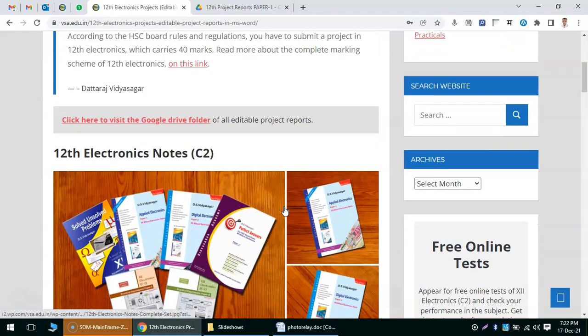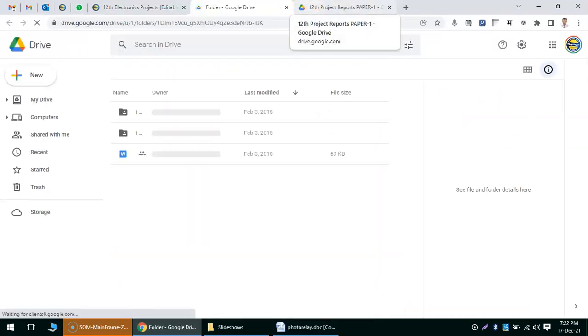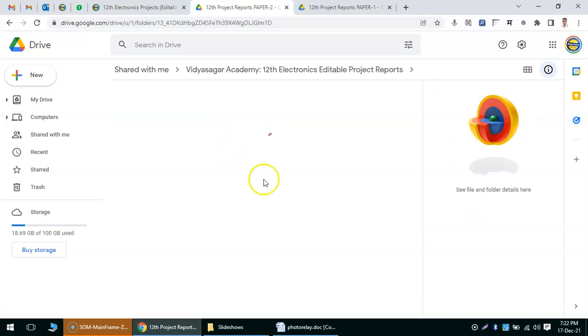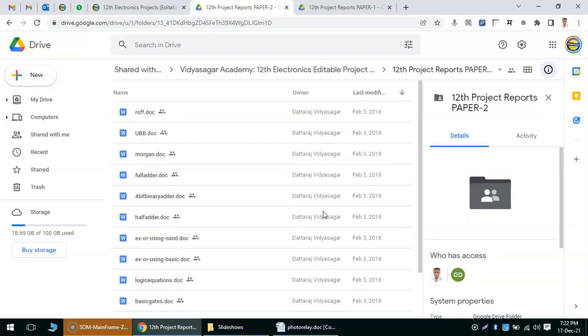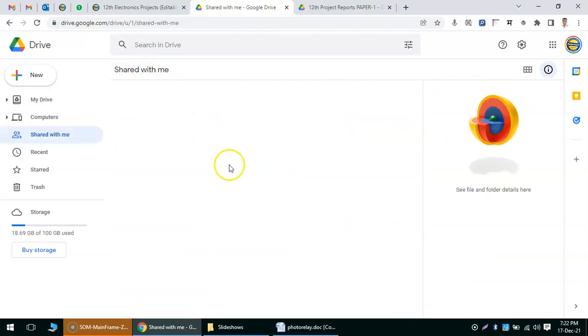There are a lot of projects available on this Google Drive link. Out of these projects you can simply select the project you require. For project paper 2, there are lots of projects available. All these projects are available in doc or docx file, so you can edit them as per your requirement.